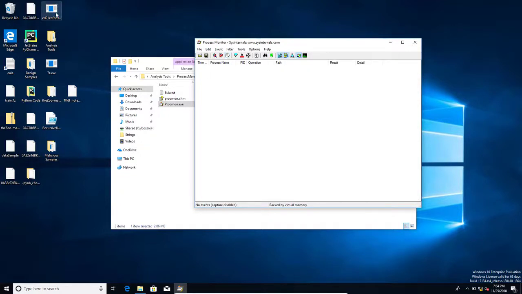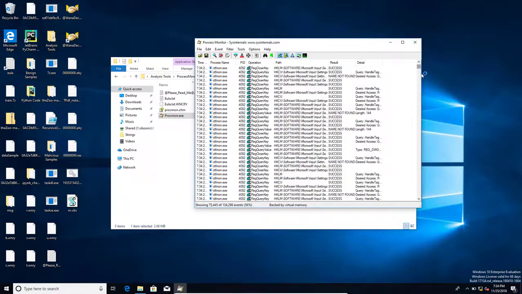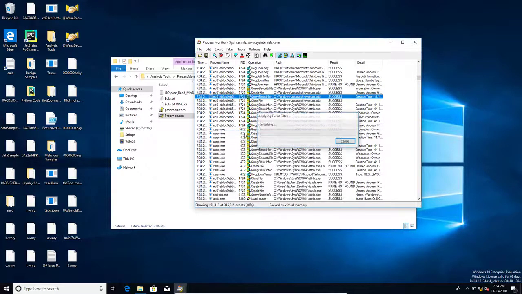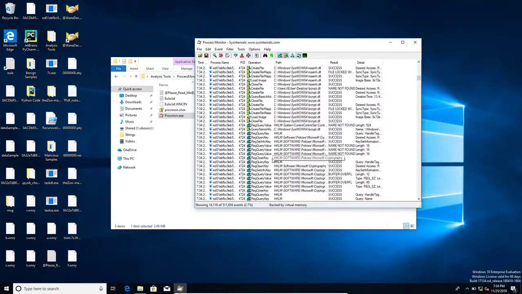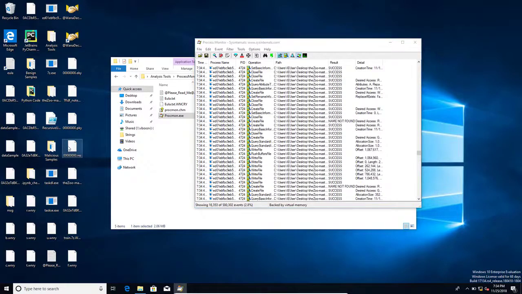Now let's run the sample and see what kind of information procmon captures. So I'm going to filter out all the rest of the stuff. Okay, and I see files are being opened and closed. Registries are being changed. There's a lot of writing. And of course, if I actually look at my desktop, I can see that it's a ransomware that's encrypting the